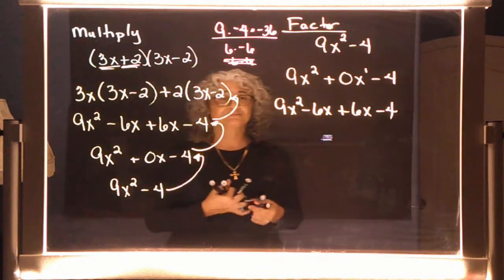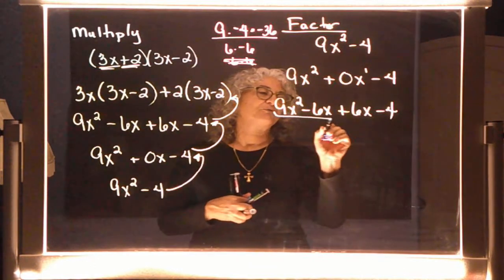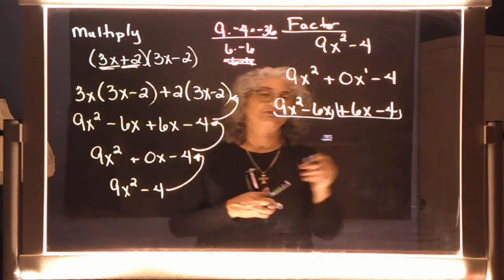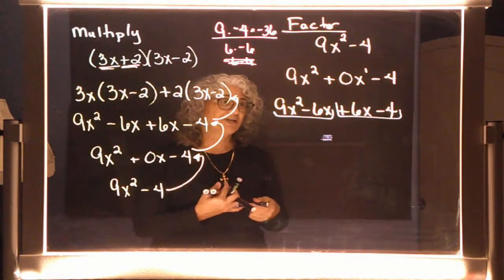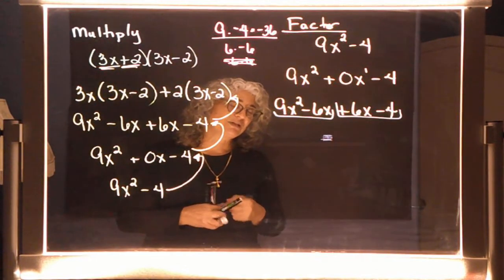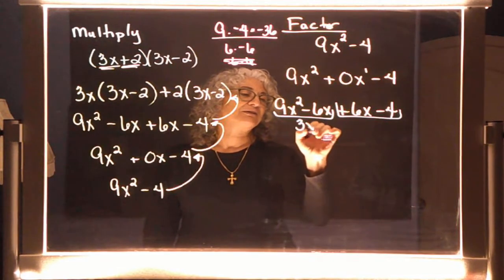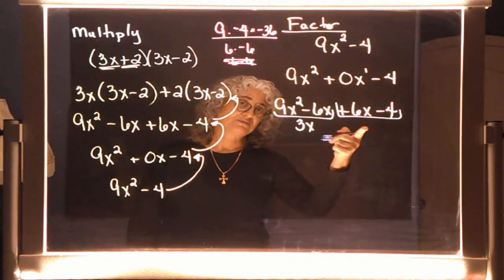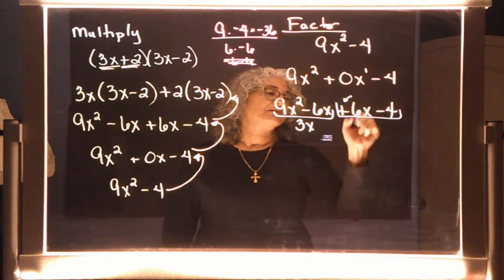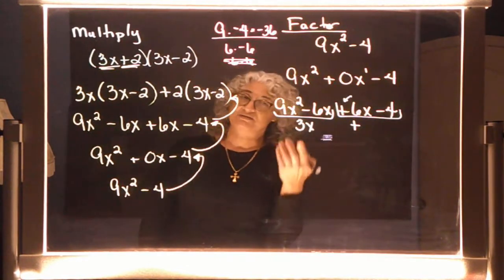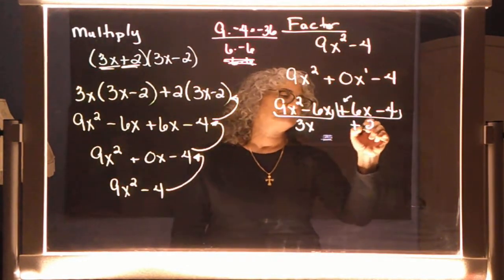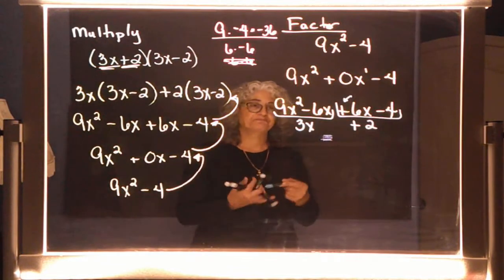Good. So, pair up the first 2, pair up the second 2, right? So out of the first 2, take out a 3 with an x. Second 2, because that's positive, I'm taking out a positive what? 2. All right, so